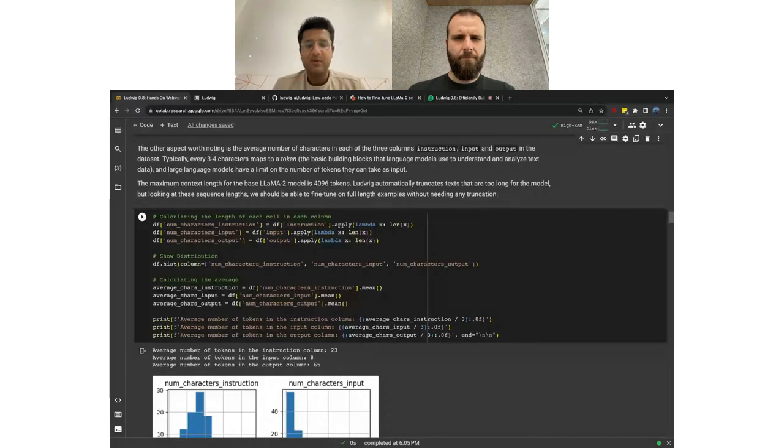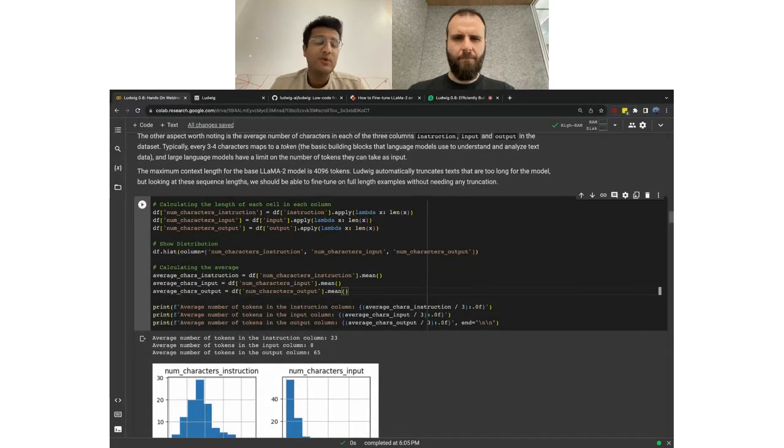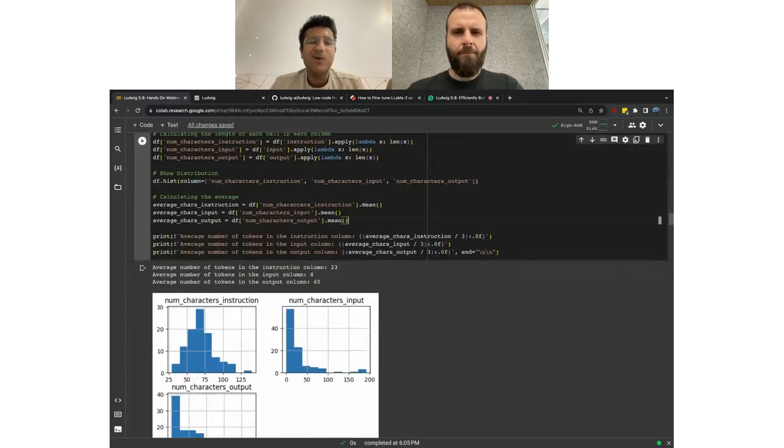And for Llama 2, for example, it's 4,096 tokens. For those of you who aren't familiar with the word token, think of it as chunks of letters or characters that are passed into the model. So your input is converted into these smaller pieces called tokens, and then that's what's passed into the model. Usually this is a very ballpark estimation, but every 3 to 4 characters typically maps to a token. And so what we can do is look at this data set and say, well, what is